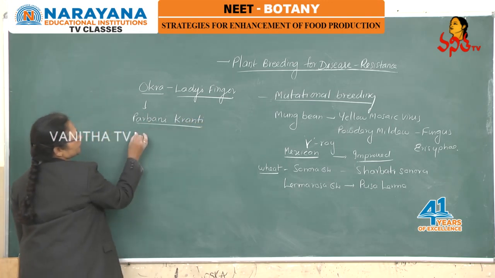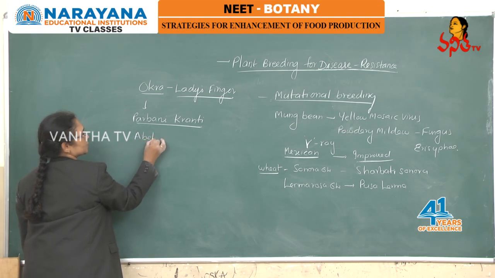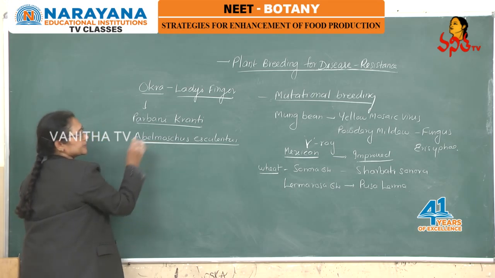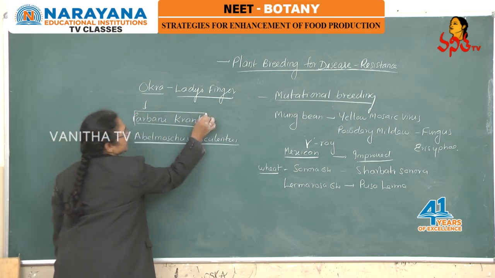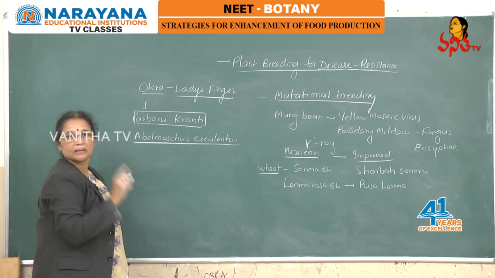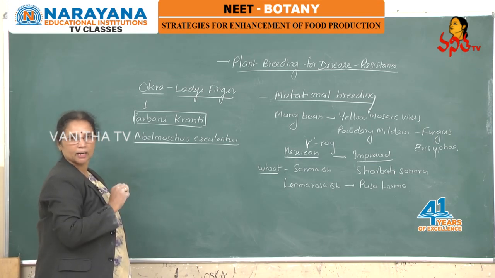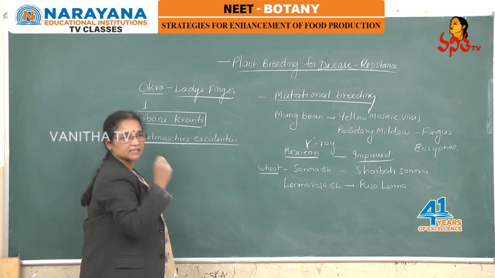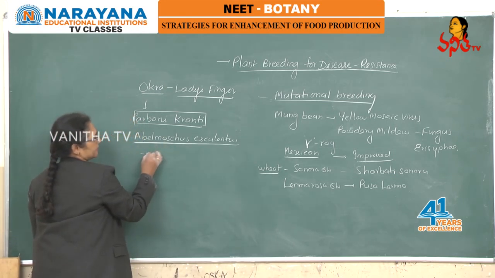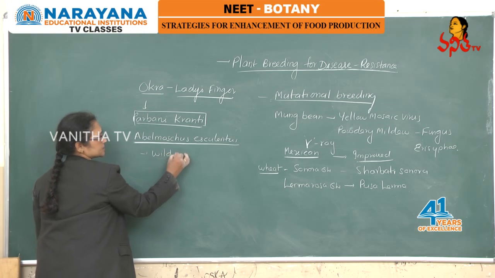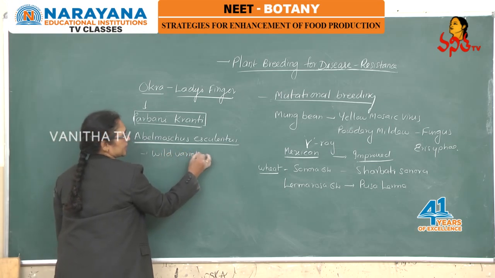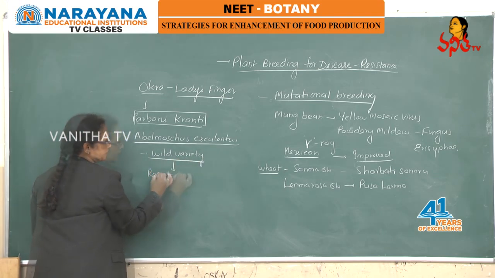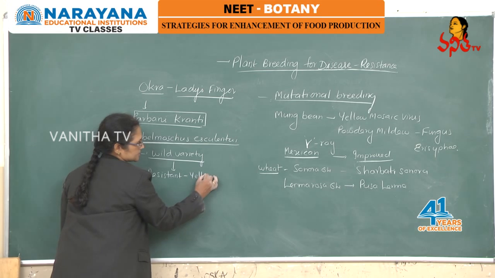The scientific name of okra is Abelmoschus esculentus, and in this plant the new variety by name Parbhani Kranti is developed by conventional plant breeding program by collecting the genes. The donor of disease resistant gene is a wild variety of Abelmoschus, which is resistant to yellow mosaic virus,